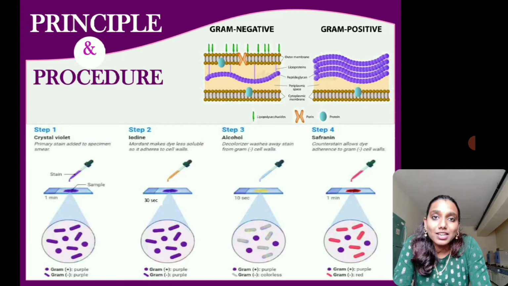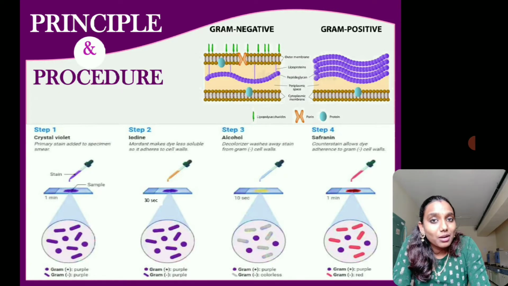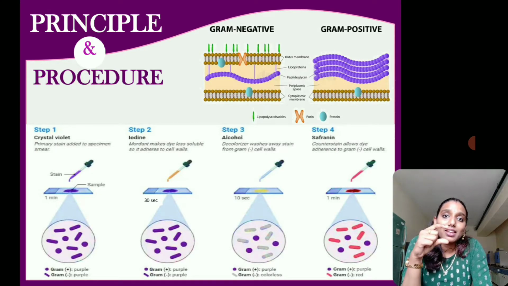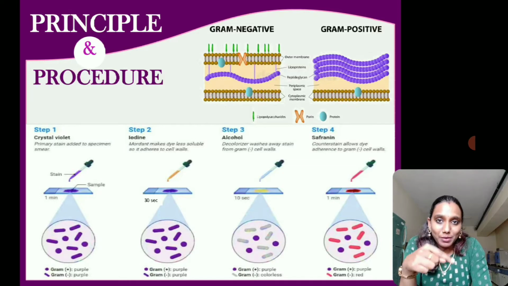The sugar units in the peptidoglycan layer are NAG and NAM. NAG stands for N-acetyl glucosamine and NAM stands for N-acetyl muramic acid. Both these sugar units are linked together by a peptide chain, an amino acid chain. This NAG and NAM units, which are linked together by an amino acid chain, are called the peptidoglycan layer, which is very thick in gram-positive bacteria. Later, the cell wall of gram-positive bacteria is followed by a plasma membrane.